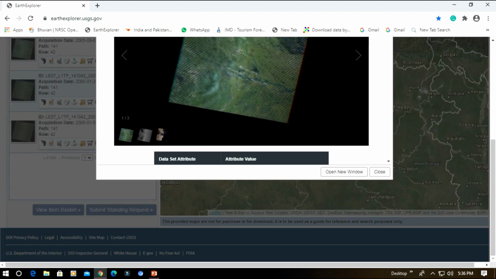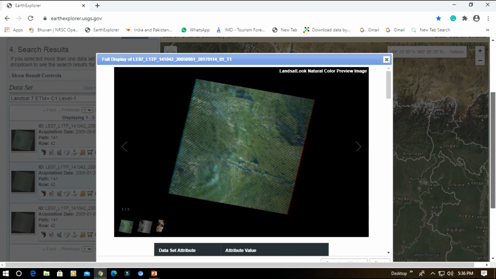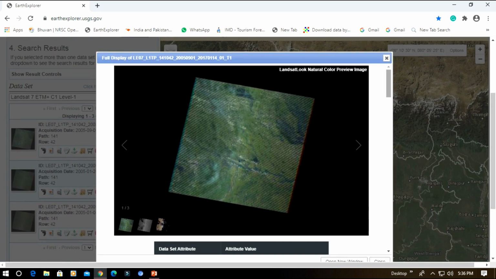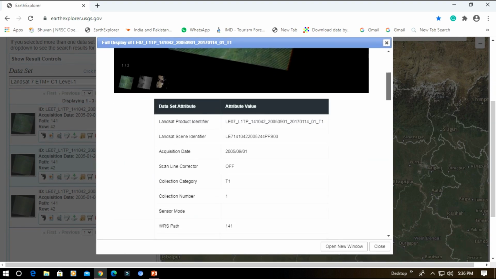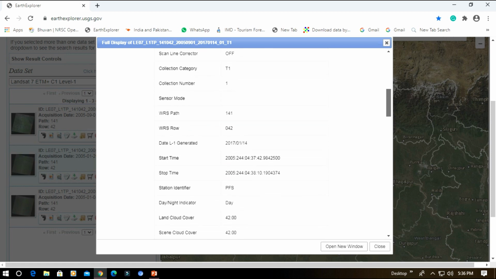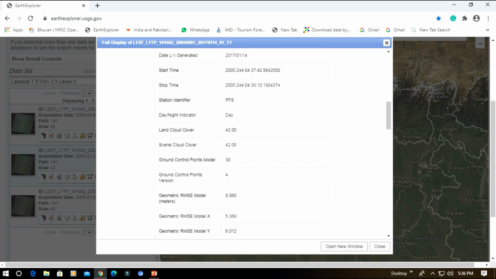Metadata is the data about data. You can see the metadata of this particular satellite image. We will see the land cloud cover.